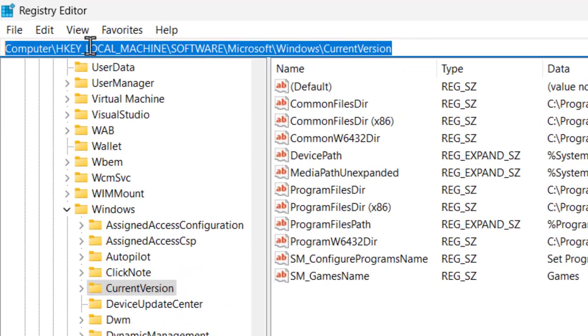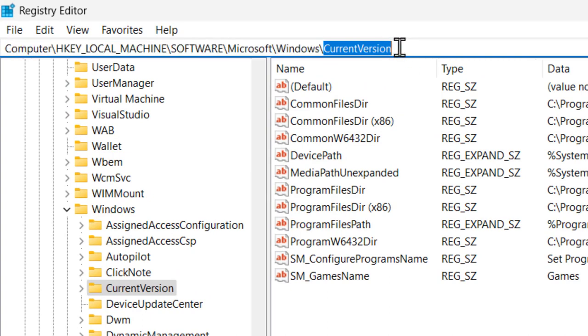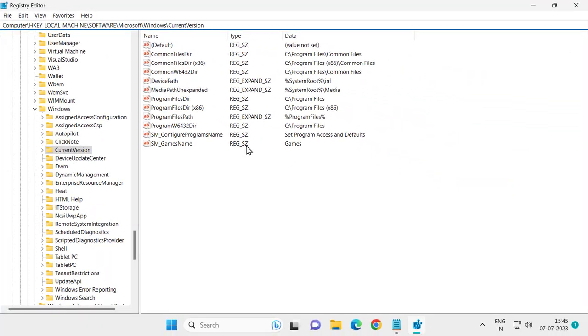Now you just need to check my video for the file path location, guys. I will zoom in my video. After checking it, on the right side you just need to double click on ProgramFilesDir, Program Files